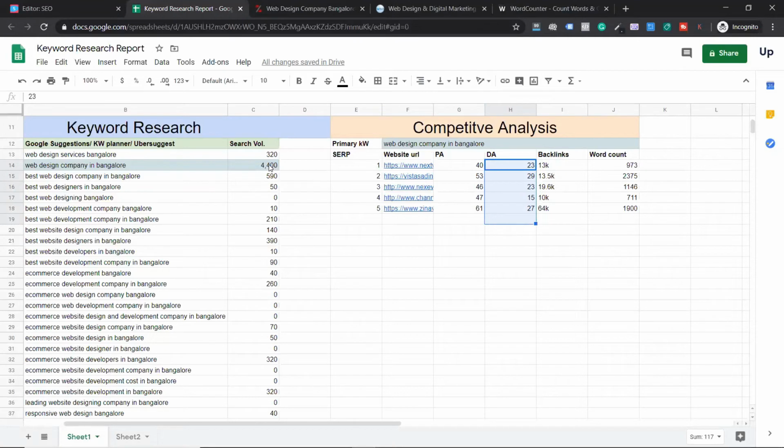4,400 was the search volume. It's not a very high search volume. Also it's super long tail, a five-word keyword. And here is the word count. What I look at in word count is the average. I don't see the sum, I check the average. The average is 1,421, I'll round up to 1,450 words. That is the average word count ranking for them. By looking at this, I get an idea. If I want to rank for this, I take the average of my top 5 competitors and I will double it.